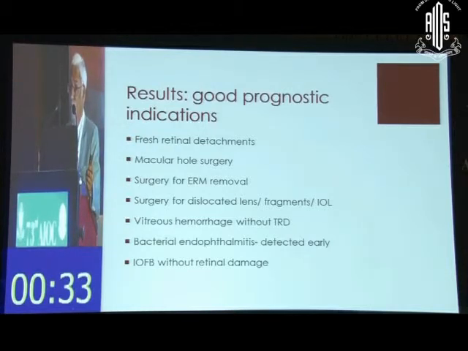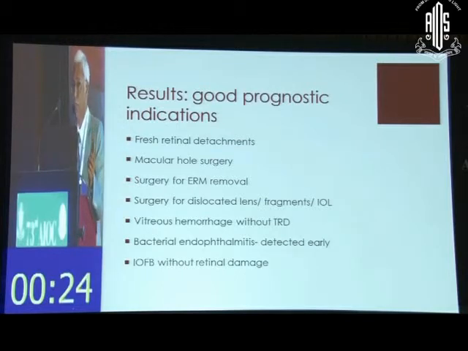Bacterial endophthalmitis detected early and needing a vitrectomy, again have a very good result. Unlike fungal endophthalmitis or a bacterial endophthalmitis which was not operated on time, and again, after 1 week or 15 days when the retina is all necrotic, then the results are much worse. An intraocular foreign body which has gone in but did not damage the retina also has very good prognosis if you operate immediately and remove the foreign body. These are some of the very good indications where the surgeon feels happy, the patient also feels happy.